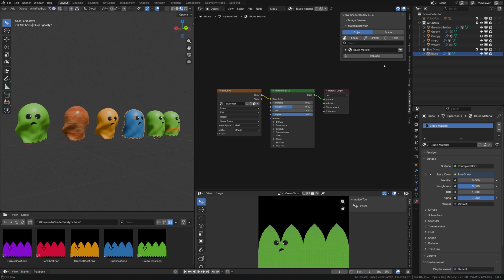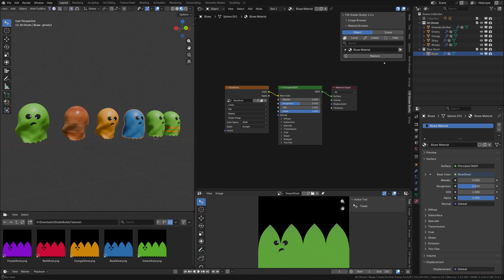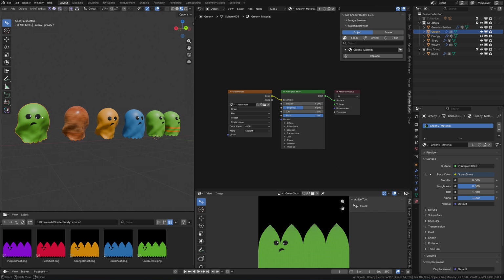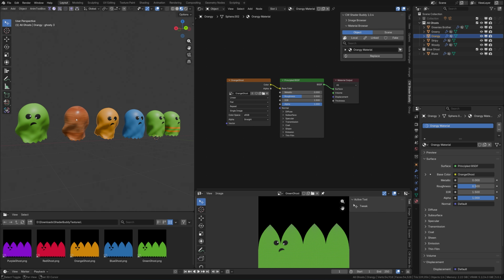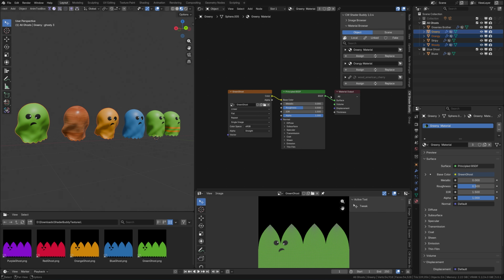The second one is the material browser. In the material browser, you have similar functions, but for materials. So for example, you have the mode for object and the mode for scene. When I click on an object, I see all the materials that are used in this object. For example, here the bluey material is used in this ghost. Here is the greeny, and if I click on several ghosts here, I see all the materials that are used